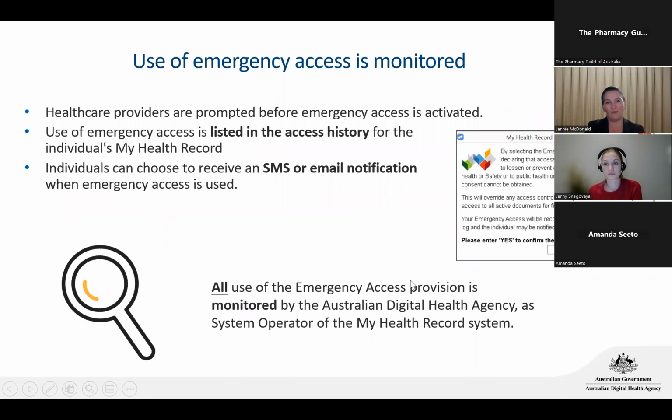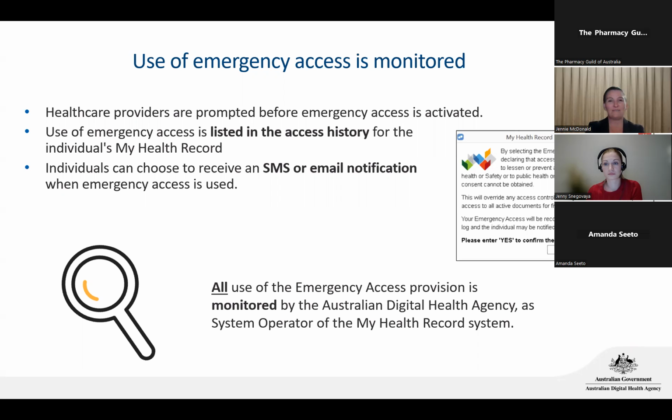So as you can see from the previous examples, healthcare providers are prompted to accept a warning before emergency access is activated. Before proceeding, it's really important to make sure that you have ensured that those requirements have been met. Emergency access lasts for a maximum of 5 days and it's visible to the healthcare recipient. They can have a look in their access history in their My Health Record and they can see that emergency